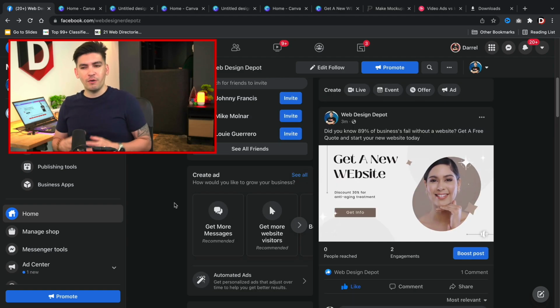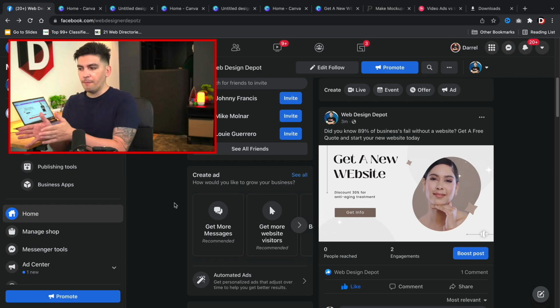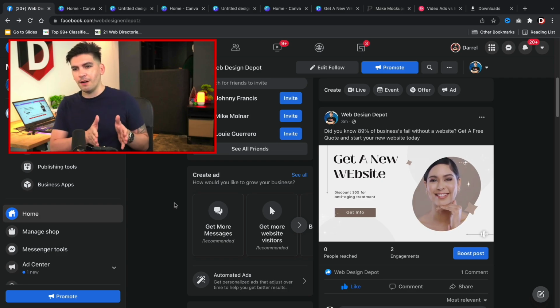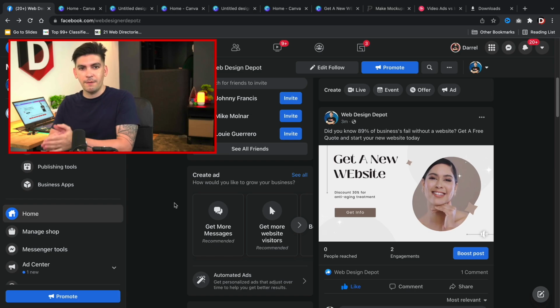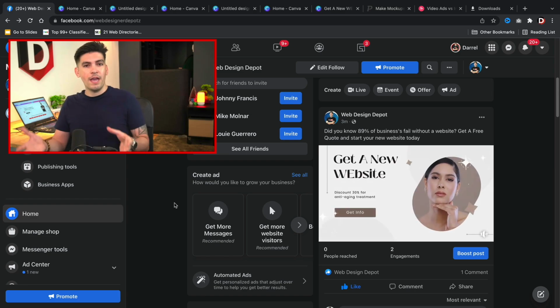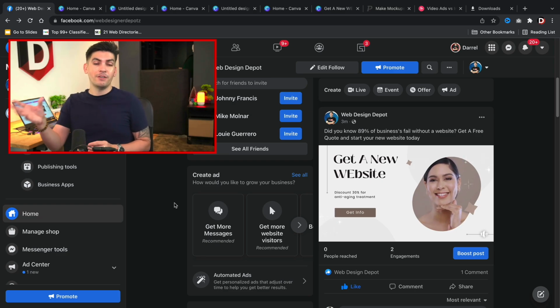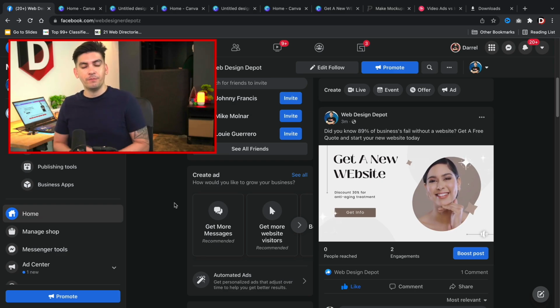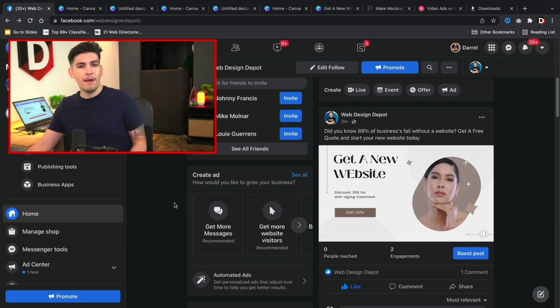So now that we know how to create really nice looking ads that are engaging, and you have your tools to create ads, now let's talk about the Meta Business Suite. Before I boost this post, I do quickly want to talk about the Meta Business Suite. There is a lot of confusion with beginners about Meta Business Suite, and I'll explain the difference between Meta Business Suite versus the Ads Manager in this next section. So let's go on to section 3, which is talking about the Meta Business Suite.